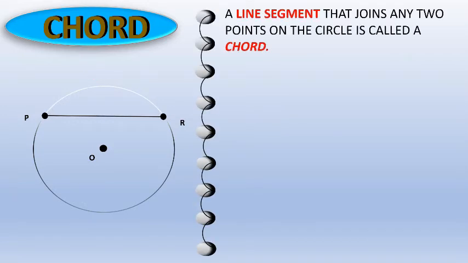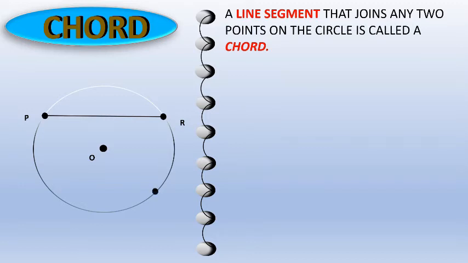Next slide we have chord. Now what is a chord? Let's understand this with a figure. This is a circle which has center O, and take 2 points on the boundary of the circle as point R and point P. If I join these 2 points with a line segment PR, this PR is called the chord of the circle. Now let's understand this with a definition. A line segment that joins any 2 points, P and R, on the circle is called the chord.